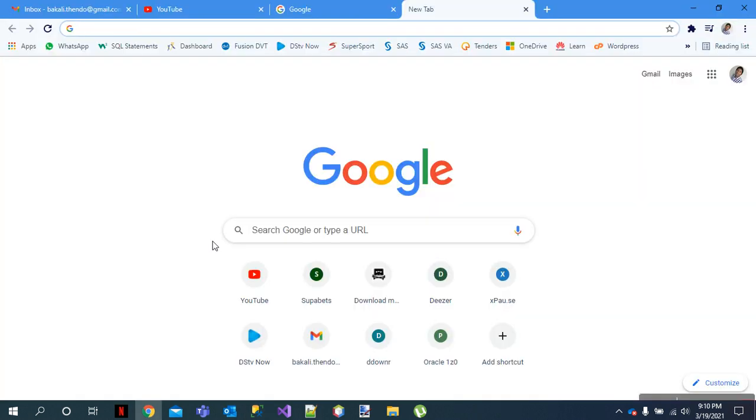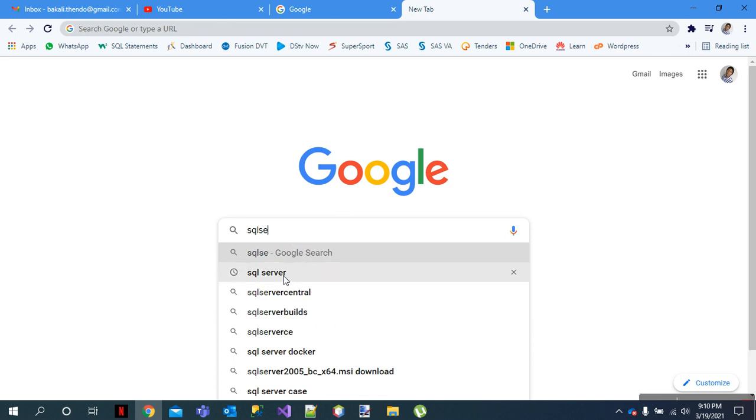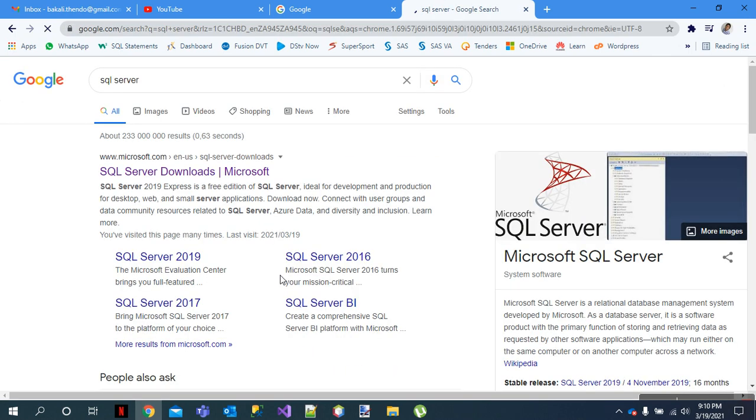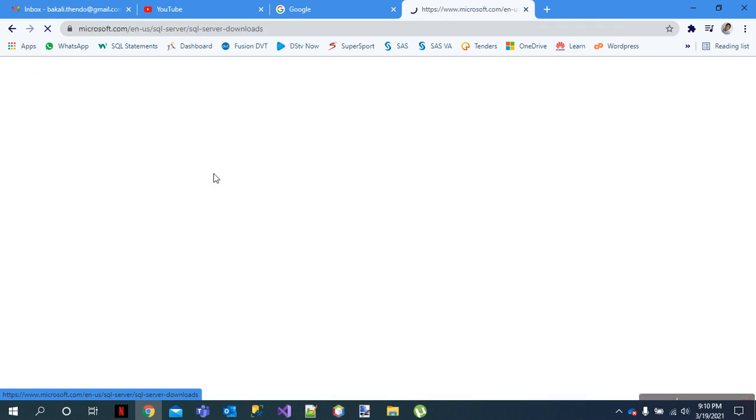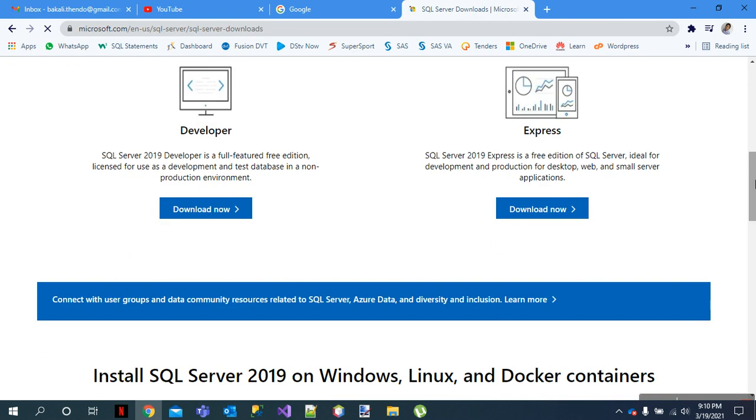So you will have to go to the internet and search for SQL Server, and then you will download the latest server version which is out there. If you go to the SQL Server download, you will be able to find the particular server of SQL, right? The one which is free, which I like using, is this one for Express.